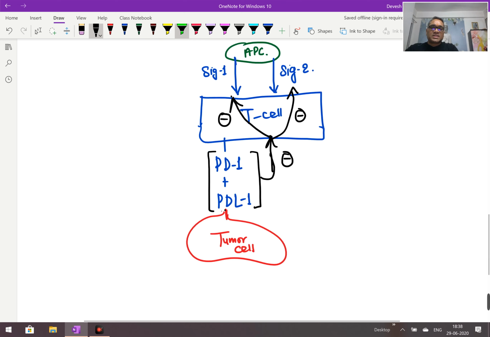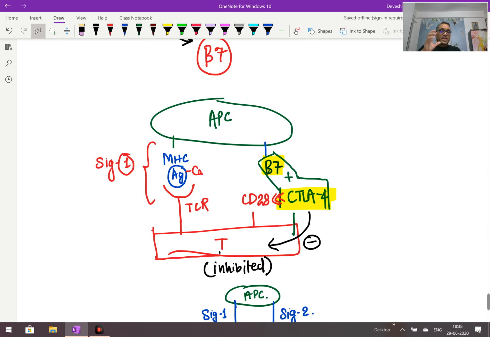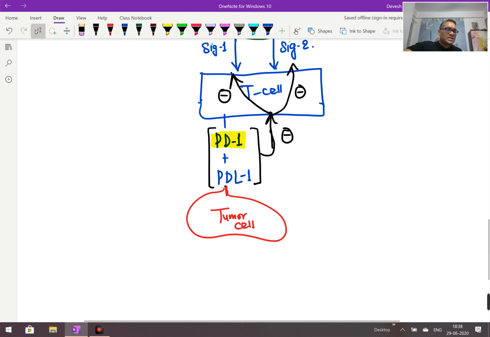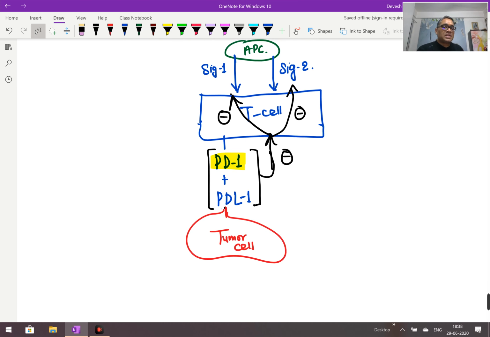That is why I said the PD1 system is different from the CTLA4. Now you can see that CTLA4 was having excessive binding capacity or binding affinity with the B7 molecule, and then they were inhibiting the T cell activation. But here something is different. What is that difference? The programmed death 1 ligand, when it combines with the PD1 receptor of the T cell, will inhibit both signal 1 and signal 2. As a result, now the T cell is completely inactivated, right? So now you understood this common thing.